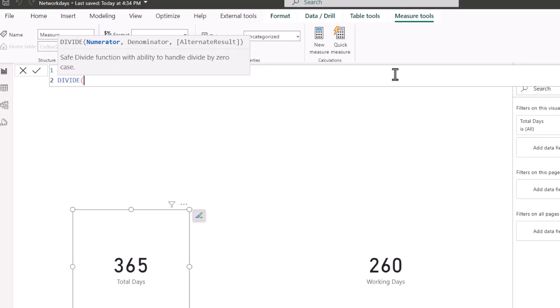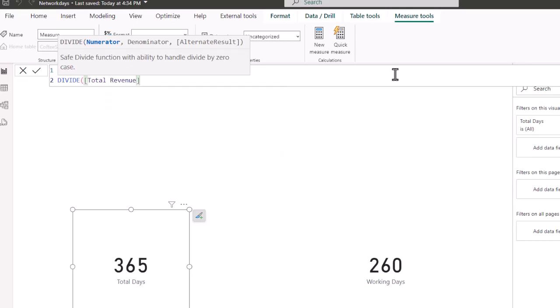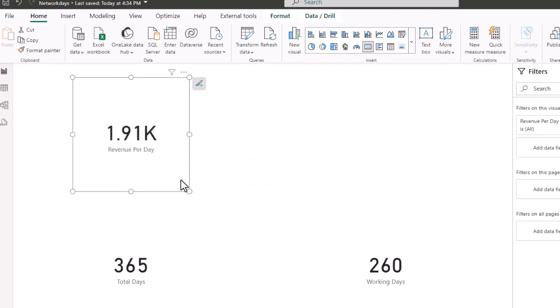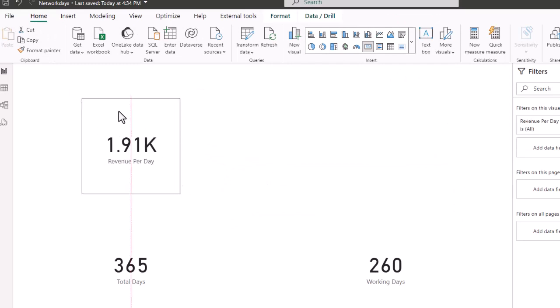Now the numerator is going to be total revenue, and the denominator is going to be total days. If we close this out and bring in total revenue into a visual, based on 365 days, this store averages